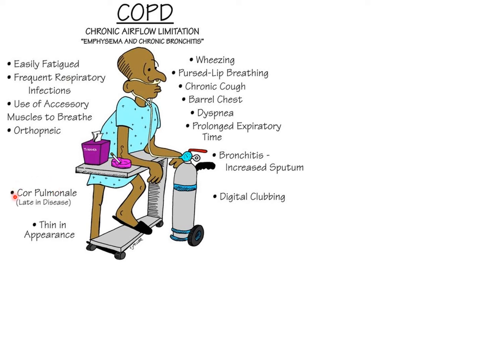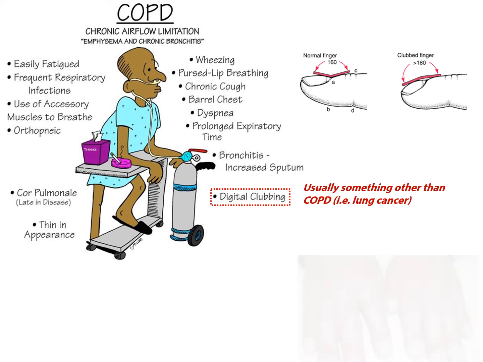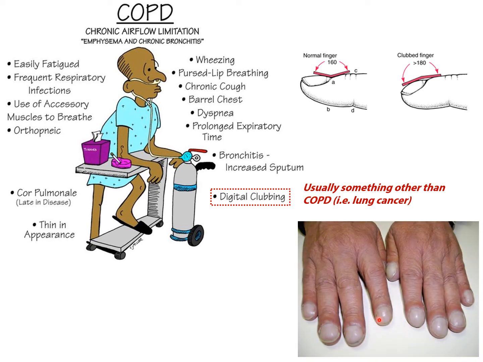Later on, you might see things like cor pulmonale, certainly loss of body mass in severe situations, and this really interesting phenomenon known as digital clubbing. Lung cancer can manifest this. So this is caused by chronic low blood oxygen. And cystic fibrosis patients manifest this quite often. And this is where, again, you guys can be really useful if you're with patients, is to spot these signs and symptoms.